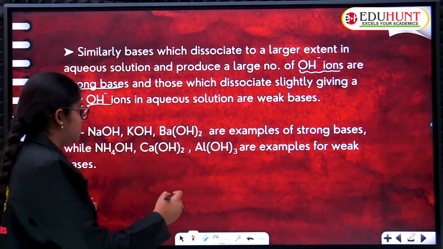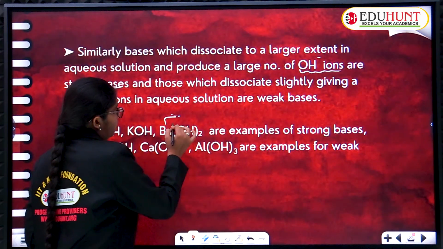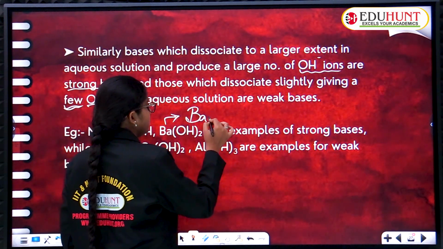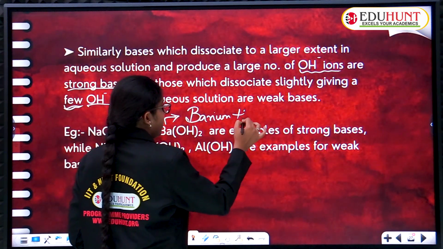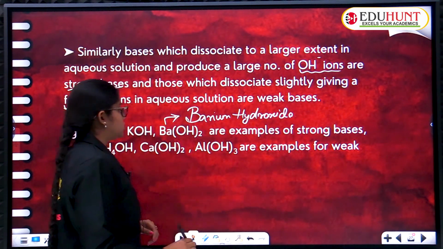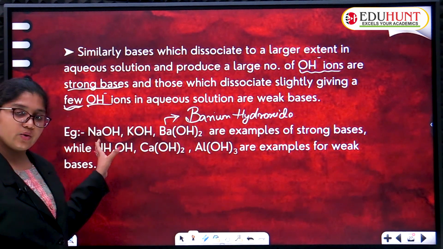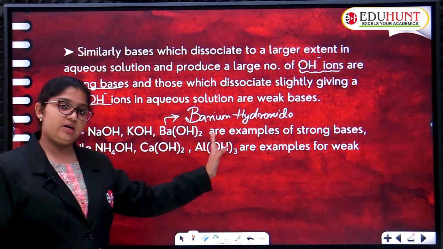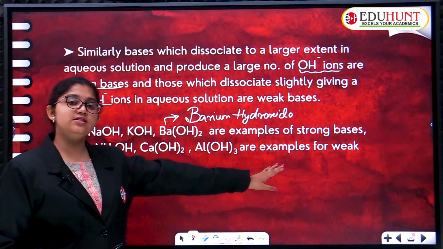What is Ba(OH)2? Ba(OH)2 is named as barium hydroxide. Barium hydroxide. Okay, so these three, NaOH, KOH, Ba(OH)2, barium hydroxide, are called the